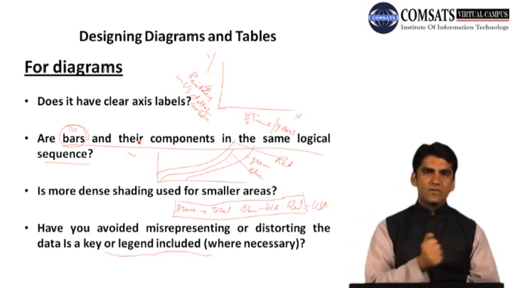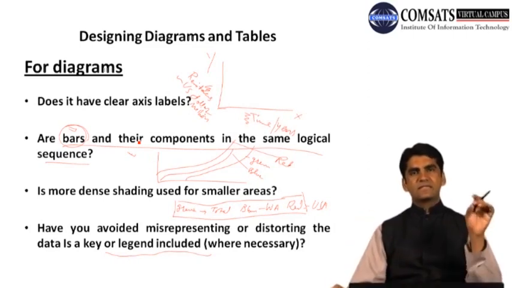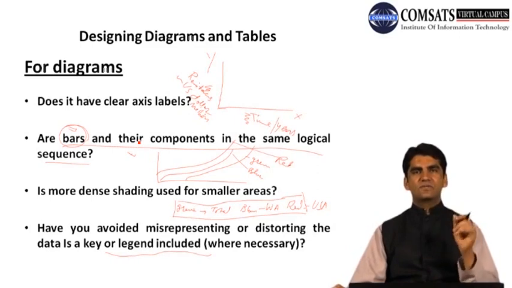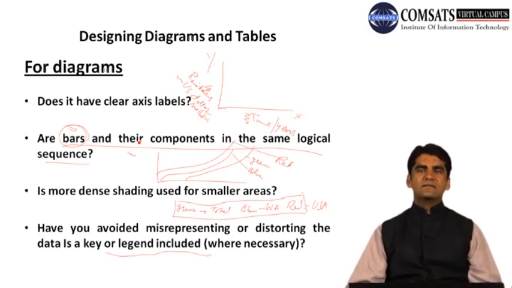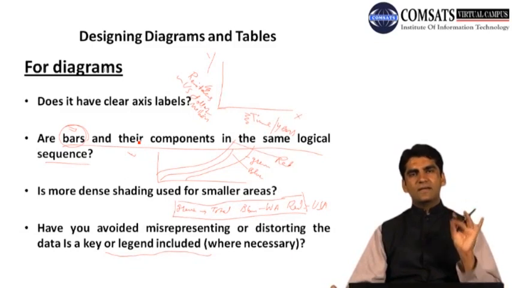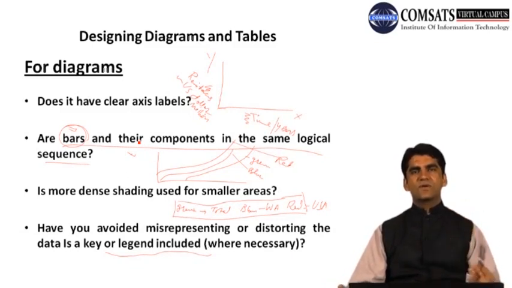So if I did not include that legend, that is, green is what, red is what, blue is what, a reader is unable to see what is the meaning of the green line, what is the meaning of the red line, what is the meaning of the blue line. So you have to include a legend, not avoid it.